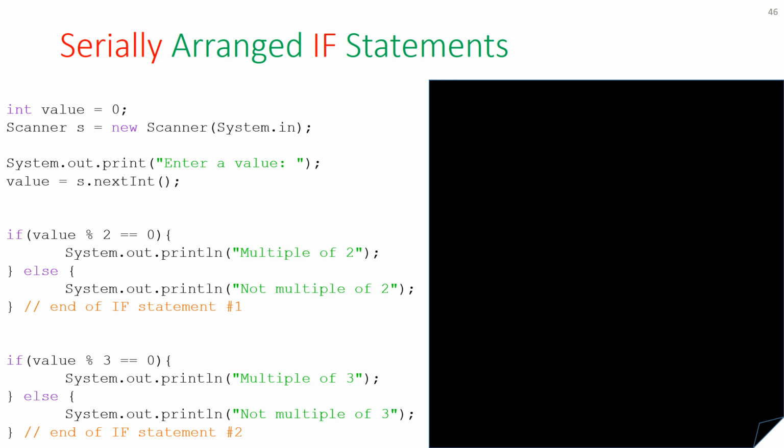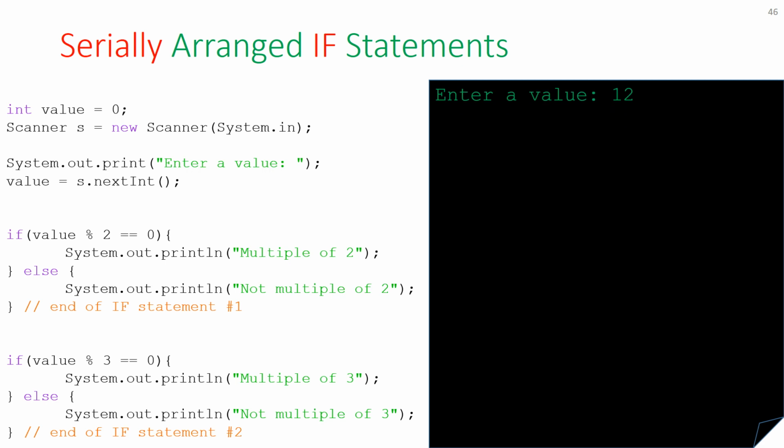Like here, I test if the value that you gave me is a multiple of 2, and I tell you on the screen if it is or not. Here, I test if it's a multiple of 3. It can be a multiple of 2 and a multiple of 3 at the same time. Or maybe it's not a multiple of 2, and it's not a multiple of 3. Right? It can be both, it can be neither, it can be one of the two. So I'm asking two separate questions, and each time I make a decision based only on that condition. So when I run this code,